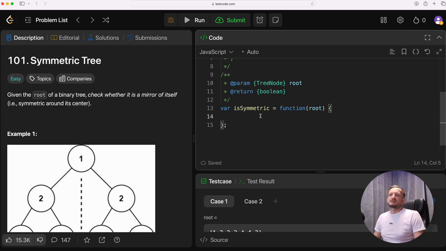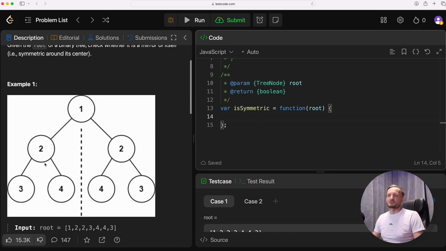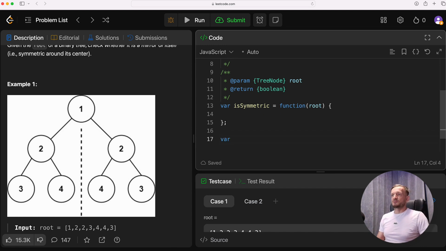But in that particular example, we used recursion to traverse the tree because we didn't know how deep it can go. We will use more or less the same mechanism here, so we will also utilize recursion, and we will create a special function for that. As it needs to be a mirror, and this here is symmetric, let's do a function called isMirror